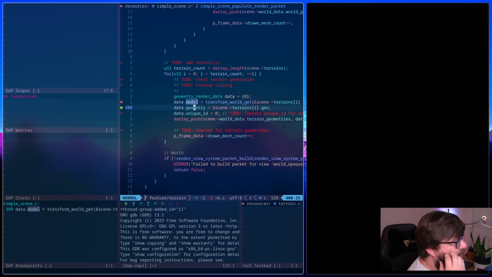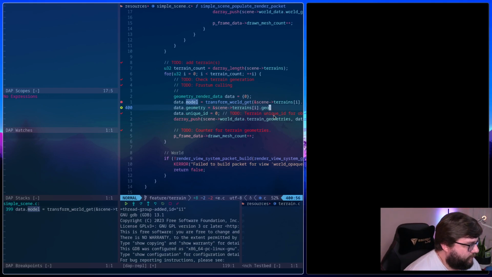So basically, it's set up so that whenever you re-upload geometry, it needs to make sure that it frees the previous allocation in the buffer, because the geometry sizes and all that stuff itself will likely have changed. Terrain geometries.